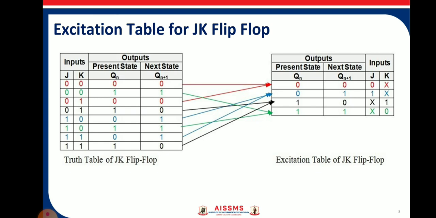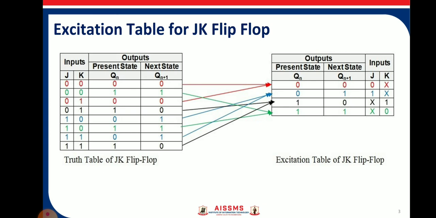Next one is 10. This 10 sequence is shown by the black color. At that moment the J value is 0 and K value is 1, and for the second time the J value is 1 and K value is 1. So K remains 1 as it is, so K must be 1 and J is changing, so we can ignore the J value. That's why if we require the output 1 0, the input bit sequence will be don't care, 1.